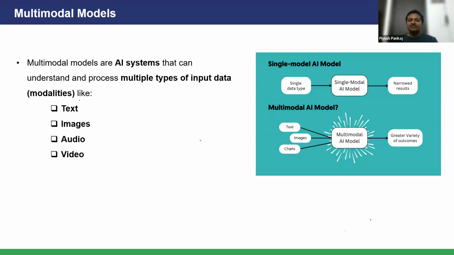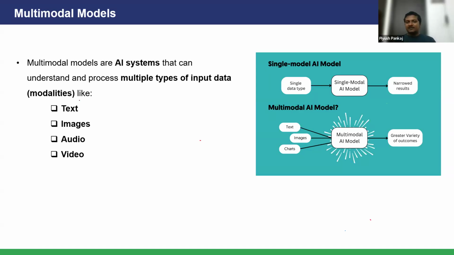Now we are using one tool, but from one tool we are getting multiple things. So here we use the concept of multimodal. Multimodals are nothing but AI systems that can understand and process multiple types of input data. I am giving an image and asking ChatGPT to replace, let's suppose I'm wearing a sweatshirt right now, this sweatshirt with a shirt and blazer.